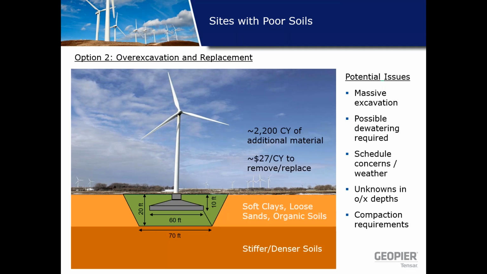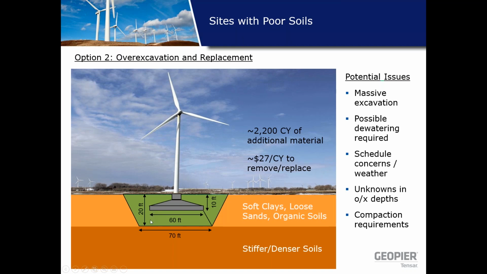Option two would be simply to remove the poor soil and replace it with engineered fill. That is certainly an option. We have to consider the fact that these foundations are massive. So a typical foundation is 60 feet in diameter. So if you think on a project where you have a 10-foot embedment depth for your foundation, and you have to remove up to 20 feet,